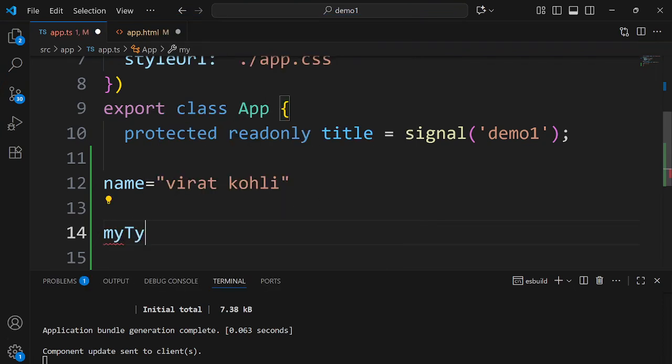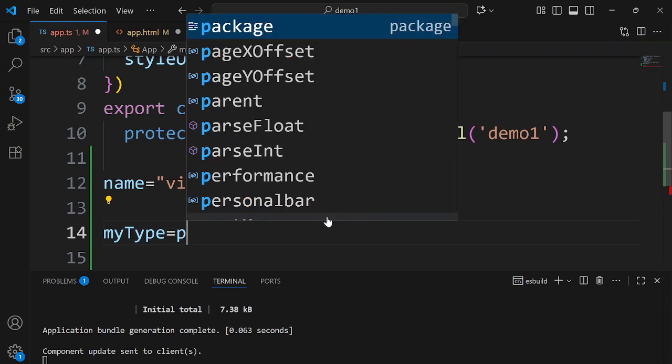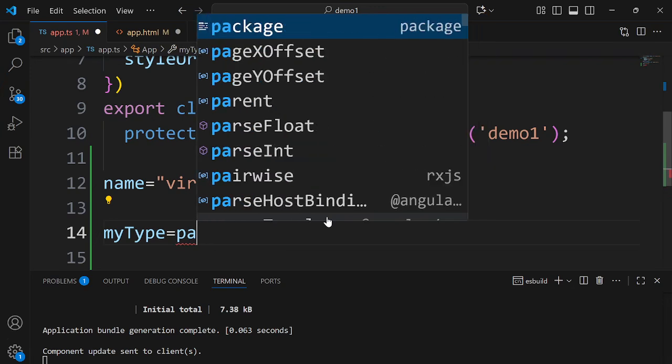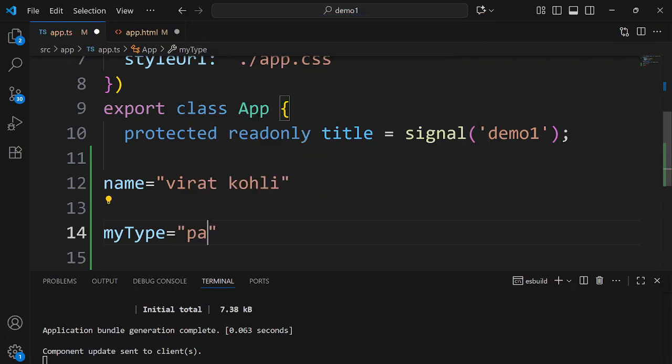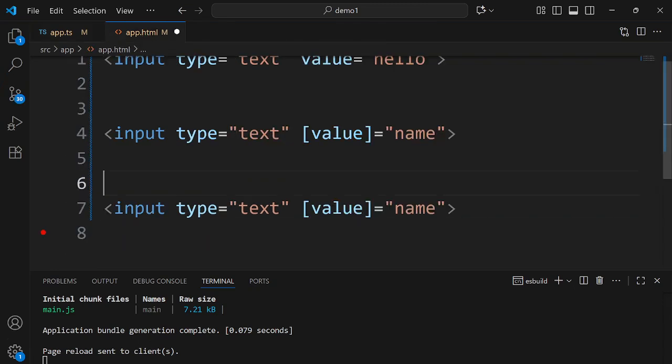Okay. So let's call it my type, and for the my type variable, I want to give the value password. Or maybe I want to give it as text. Fine. So I will save this, and I've created a type variable my type, and now this input type is